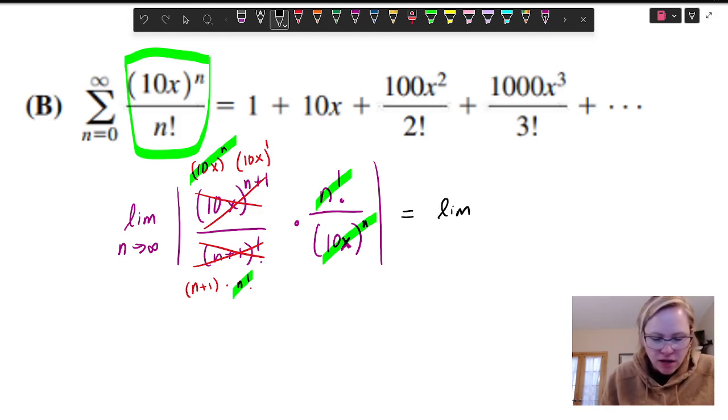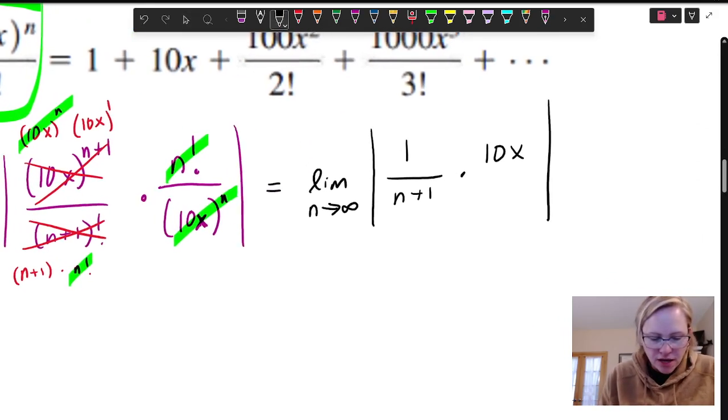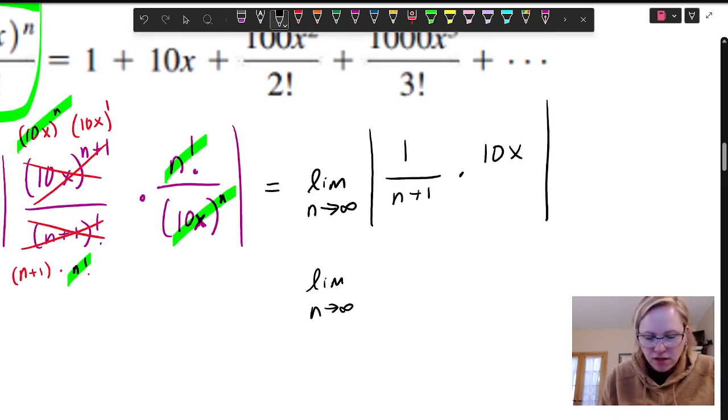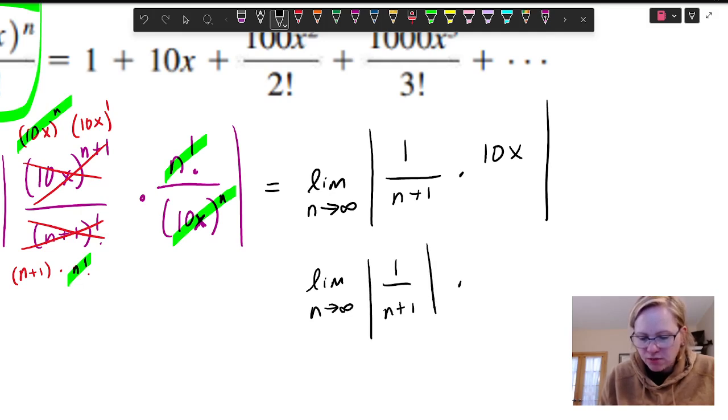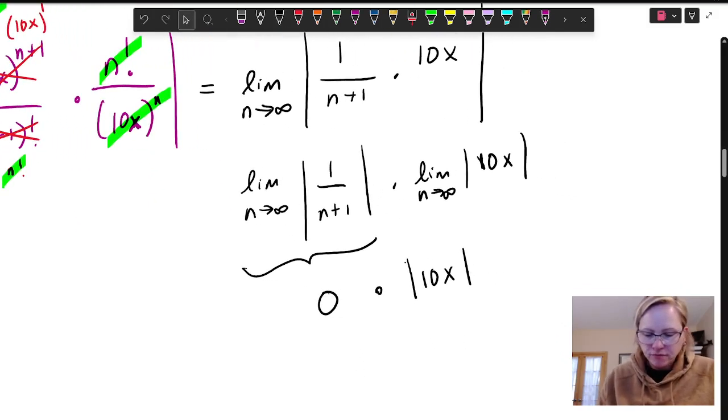The limit as n goes to infinity is 10x. Well, I've got, let's see, what do I have left? 1 over n plus 1, and then 10x on top. And so as I split this up, I'll have the limit as n goes to infinity of 1 over n plus 1 times the limit as n goes to infinity of 10x. Now, on this one, you might notice that this limit of this first value is 0. The second value is simply just the absolute value 10x, which when I multiply those two together, I get a limit